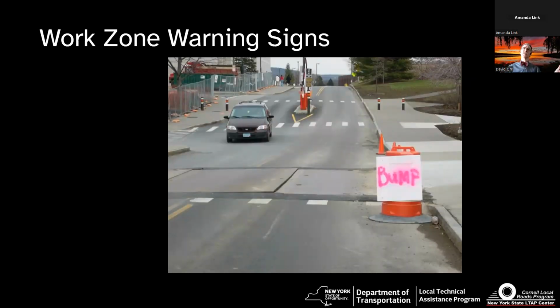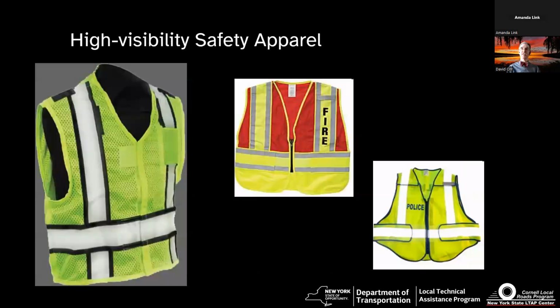This is an entire work zone. One little barrel with a plastic hand painted with pink paint bump sign. It's not a good advance notice. It really doesn't do the job that you want it to do. If you need to warn people, warn them with consistent signage. MUTCD, or whatever you want to call it, the word that is really important is the Manual of Uniform Traffic Control Devices. So everybody should see the same sign in the same way, and a good, clear, consistent message.